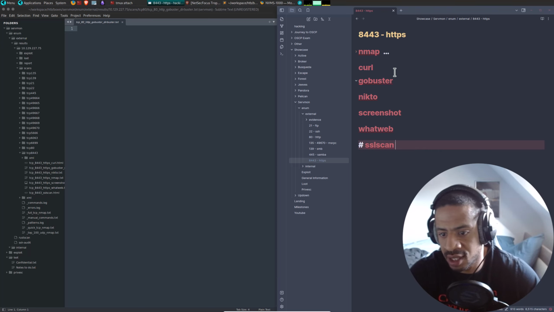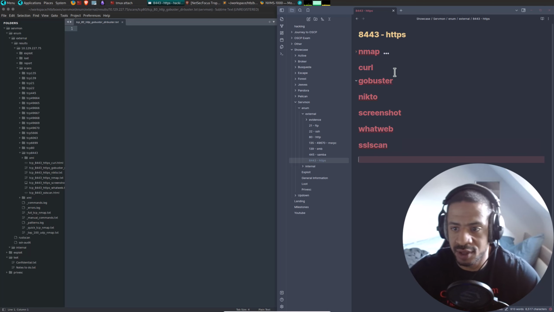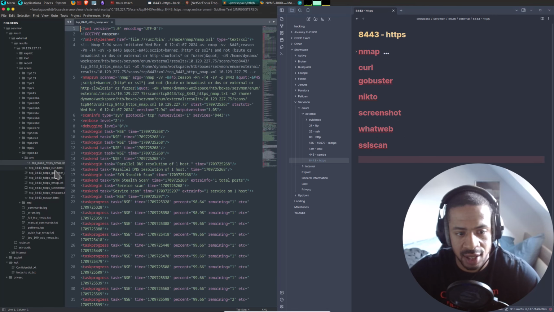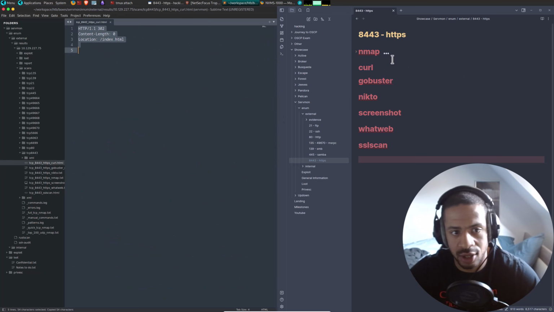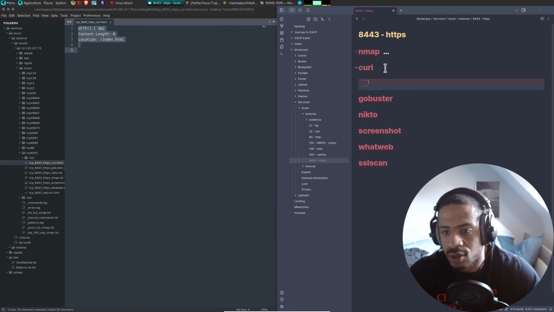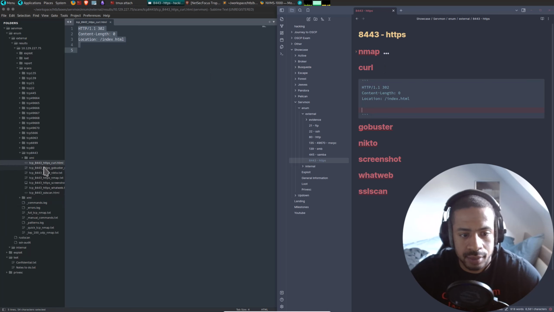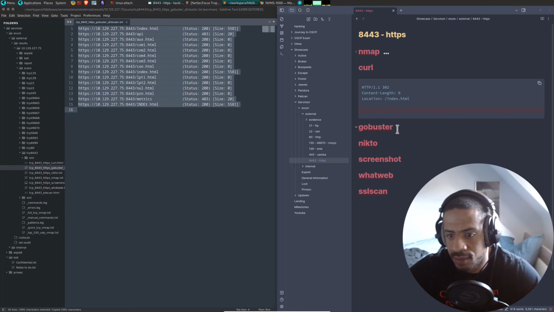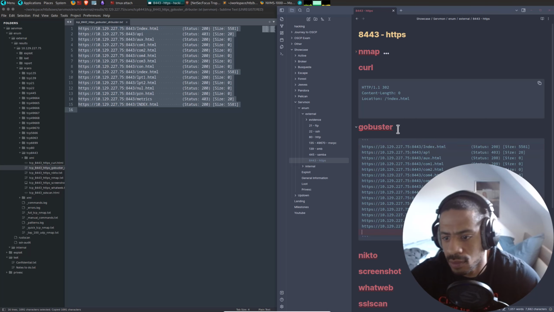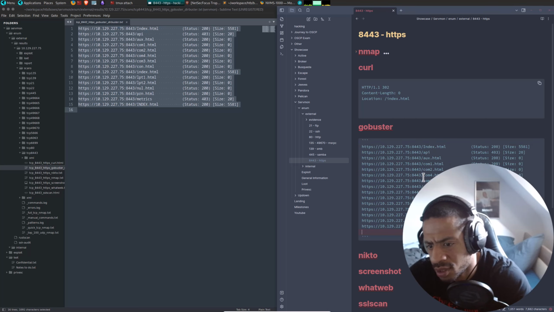Though we will take the certificate ourselves, we will also paste the output of that scan here. So the curl, GoBuster, these are just parts of the word list, and only those 2, 3 have more of a size, so these are valid.